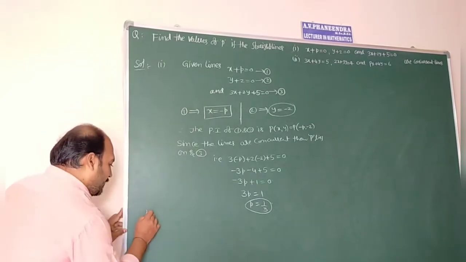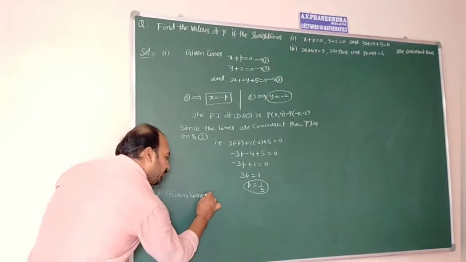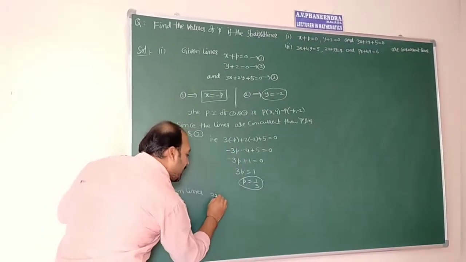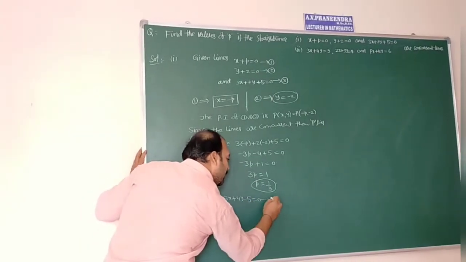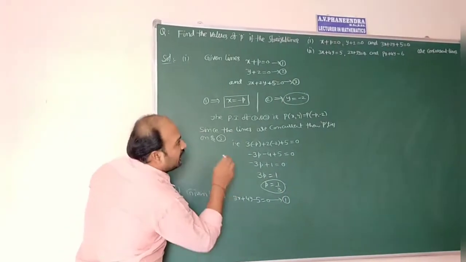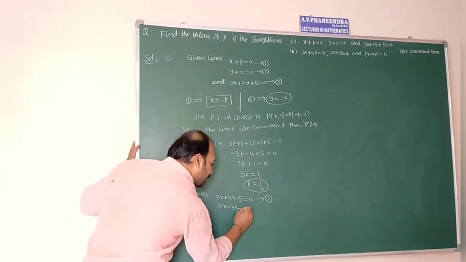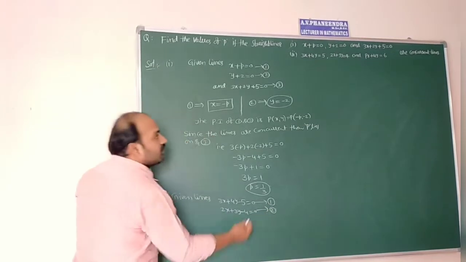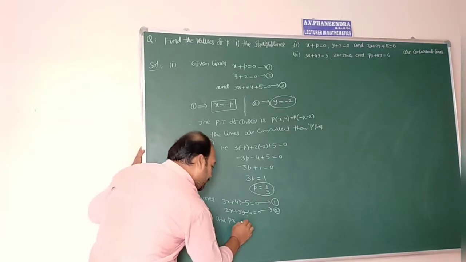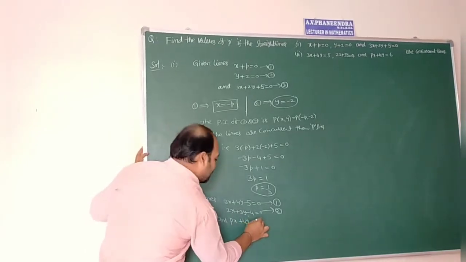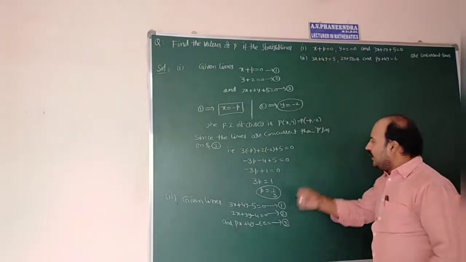Go to the second question. Given lines: first line is 3x plus 4y is equal to 5, so 5 we can take this side, 3x plus 4y minus 5 equal to 0, equation number 1. Second line, 2x plus 3y is equal to 4, so 2x plus 3y minus 4 equal to 0, equation number 2. And third line, px plus 4y minus 6 equal to 0. Since the lines are concurrent,